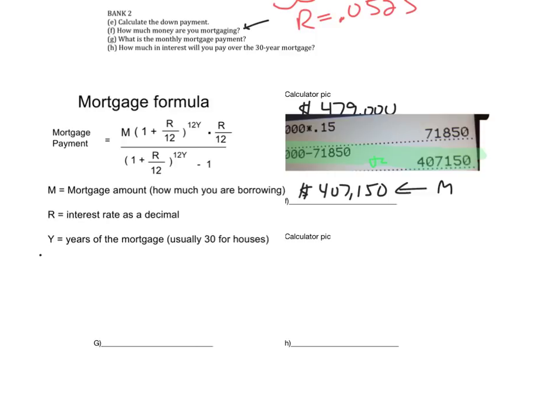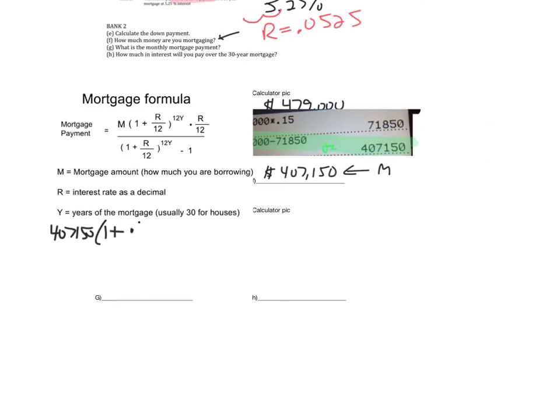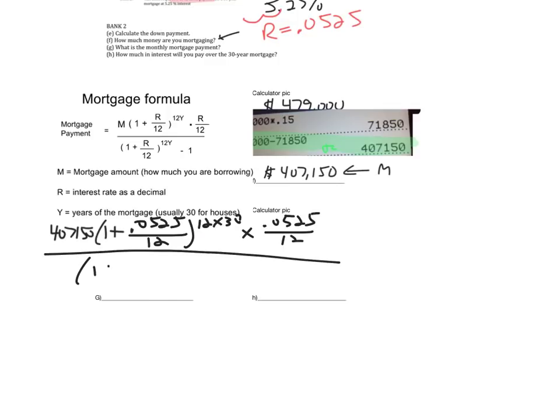So we have our M, $407,150, times parentheses 1 plus R over 12, so 1 plus 0.0525 over 12, raised to the 12 times Y, 12 times 30th power, times another R over 12, so times 0.0525 over 12. All over, we repeat the parentheses, 1 plus 0.0525 over 12, raised to the 12Y, 12 times 30th power, take